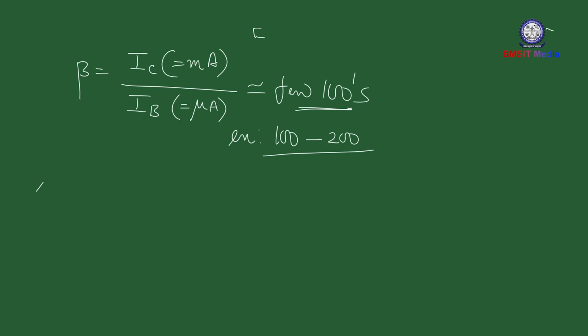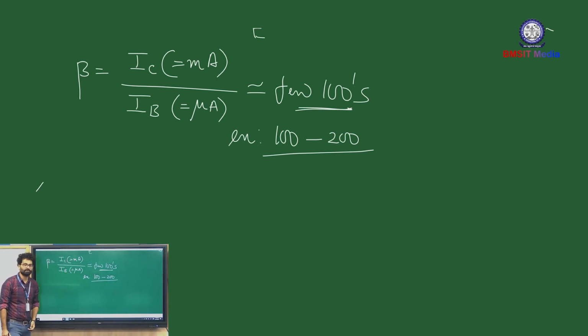And any reason why base current is in microamperes, why it is so less? You have to again roll back to the transistor operation. So base layer is a high purity layer. When you have a high purity layer, obviously the resistance is quite large, right? So conductivity is poor. Since the base layer is a very pure layer, the charge carriers are less in that particular layer, and that's why the current which flows in base layer is in the range of